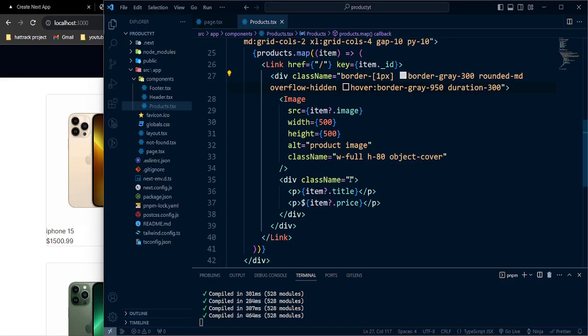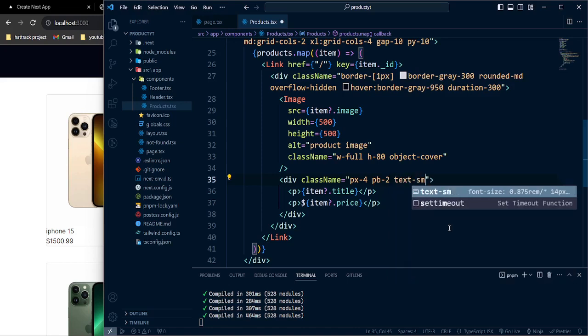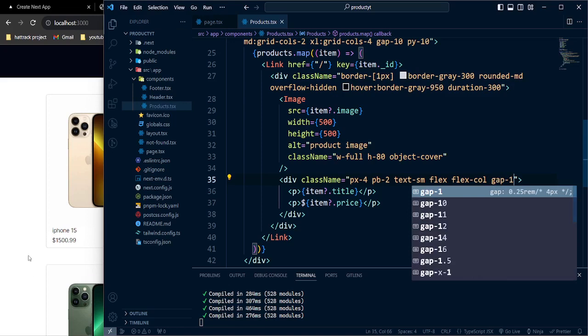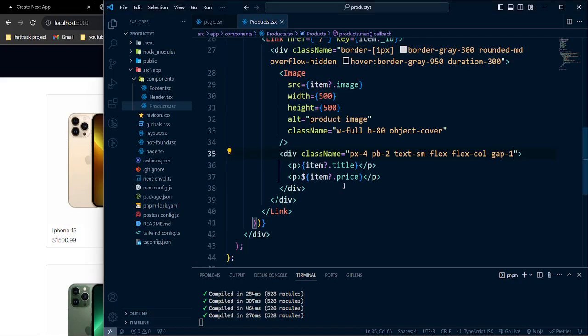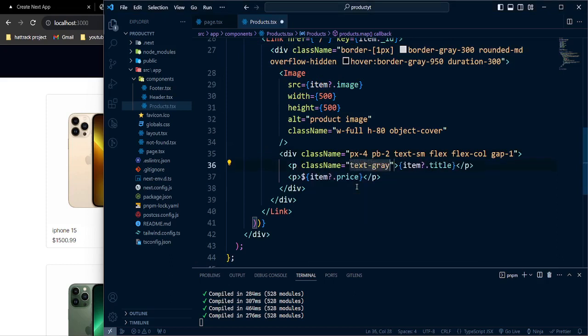So now let's work through here in this div. I'm gonna give a padding in the x-axis, it will be 4, and padding bottom, I'm gonna give it 2, and also make a small text flex. I'm gonna make it a flex column and gap in 1. Okay, that looks a little bit okay. So now for the p tag, let's give a class name, it will be text gray of 600, and for the price tag,